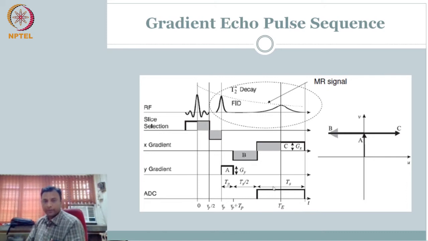readout encoding, right? How this translates to our diagram here in the space, by doing this one experiment, in this one sequence, we are acquiring data. So A is moving it in the V, here B is moving it to the negative axis. My readout therefore starts at the negative axis and ends at Gx tau, whatever time duration over which you acquired, Ts gamma is your highest frequency over C. So one gradient echo sequence will give you one line like this.